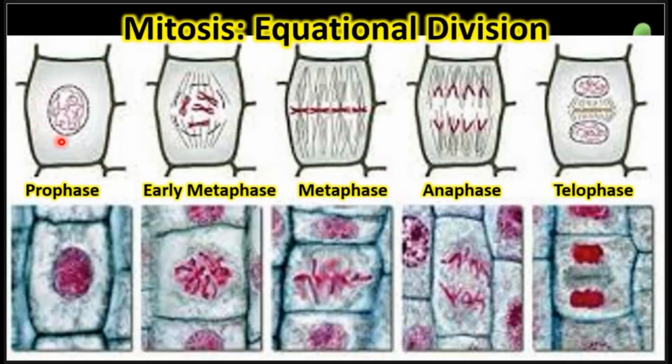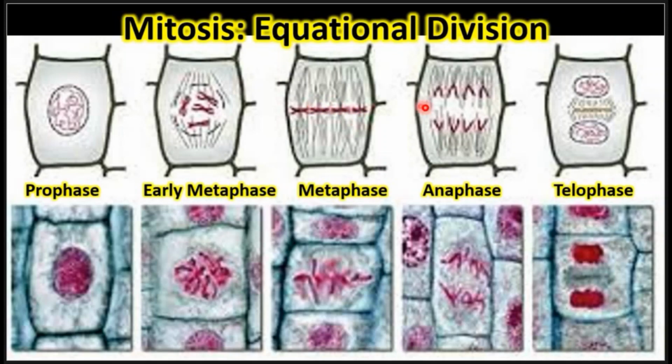We have the prophase here with a nuclear membrane. The genetic material is in the form of chromatin yet. This is the early metaphase. The chromosomes are now moving towards the equatorial plate. The chromosomes are condensed. You can see them as distinct structures. This is metaphase. All the chromosomes are there at the metaphase plate, and the centromeres of the chromosomes are attached